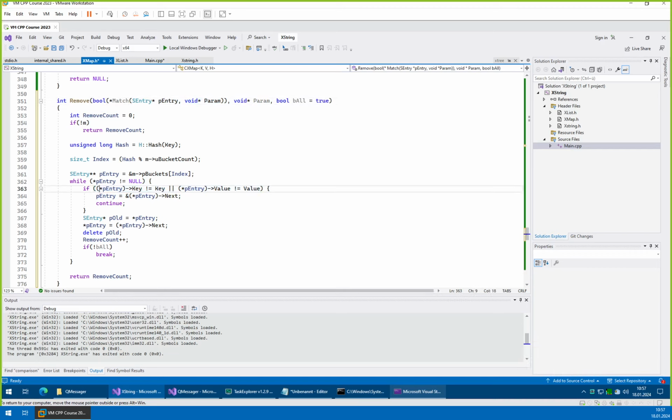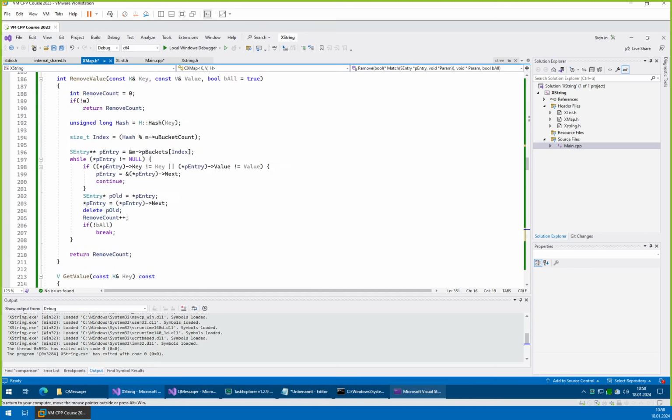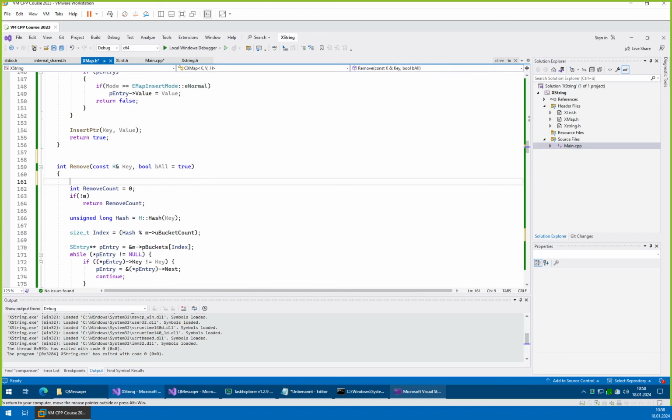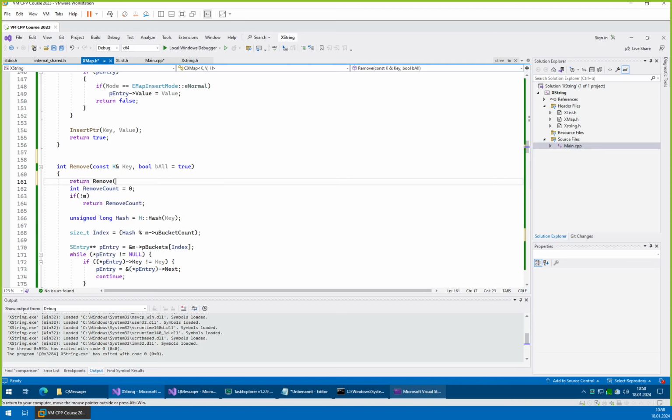So here we will replace the content of the line with our match. We give it a dereferenced pointer to the pentry, then we give it a copy of our parameter, and if match is true, then we remove. And remove all, and the rest behaves the very same way. So we now go to our existing remove functions, and here we just say return remove, and now we need to write a